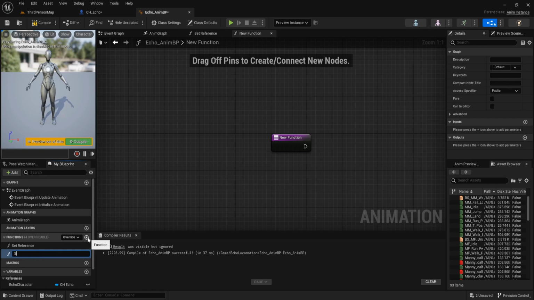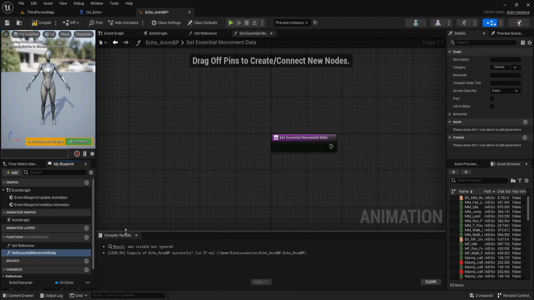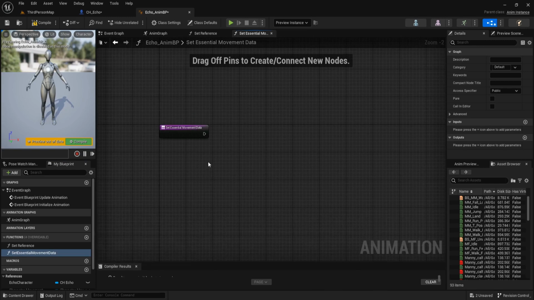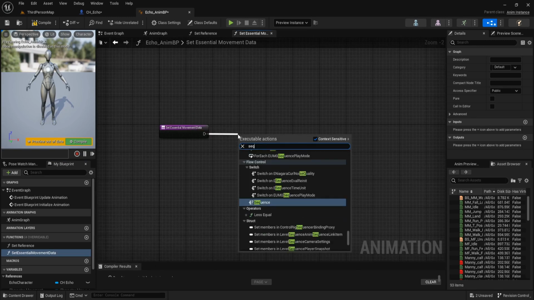Name it set essential movement data. And create the sequence.